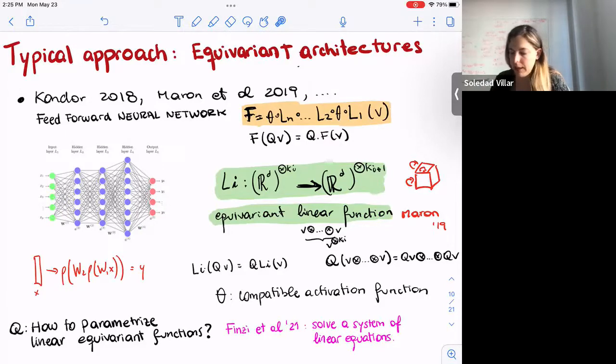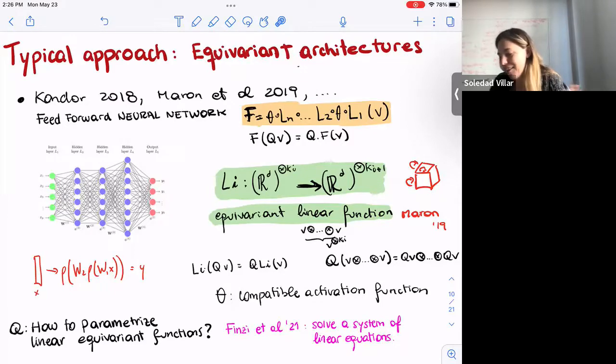The idea is that classical neural networks can be written as the composition of linear layers and nonlinear activation functions. And so basically what you say is, well, what if I ask the linear layers to play well with my symmetry, to be, say, rotation equivariant? Well, if you restrict your linear functions to be, say, rotation invariant, then you won't have a lot of things to express, because I think that you cannot write linear functions that are rotation invariant